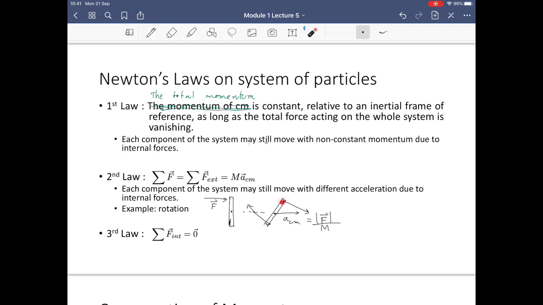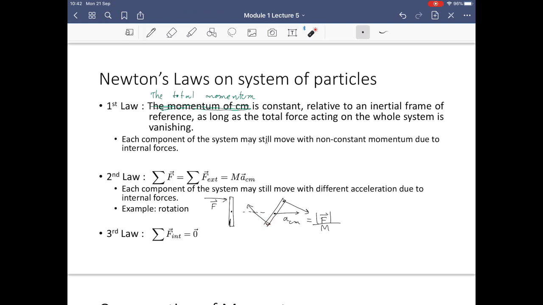Of course, this point up here will have more acceleration than ACM, and this point down here will have less acceleration than ACM. Okay, and that is because you can see that they are all starting at this point, and then later on this guy moves faster than this guy, and this guy moves faster than this guy. So that means this has the maximum acceleration, this has acceleration ACM, and this has acceleration that is